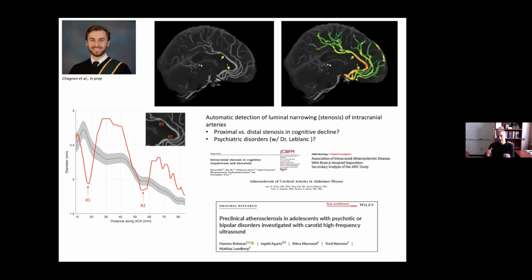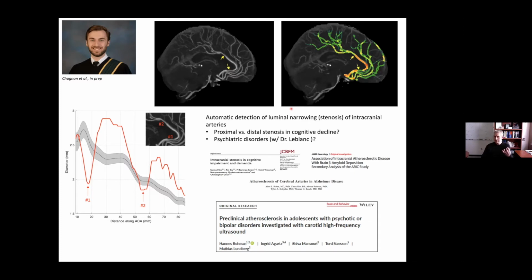So now we have the arteries segmented. And if you look here in the yellow arrows in the anterior circulation, you see there's a faint discoloration at 2 points. This is due to luminal narrowing in someone that was diagnosed with cluster headaches. Thunderclap headaches. And so this luminal narrowing here is a problem. You can see it nicely when you plot the diameter as a function of the distance here. You see these transitions right here. And so what Maxime is working on is trying to automatically isolate these sites of luminal stenosis.